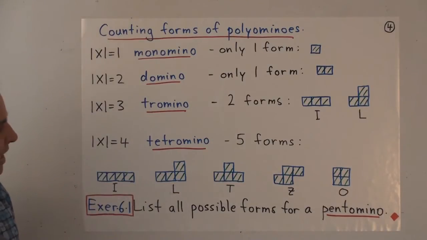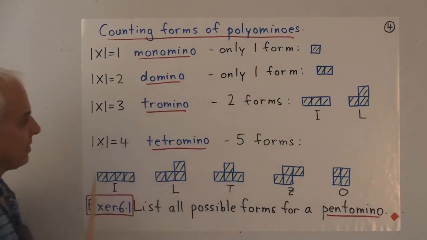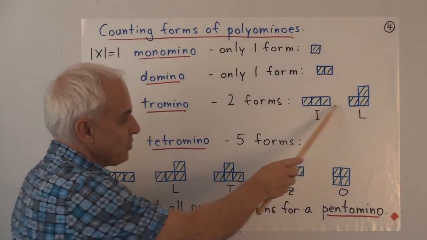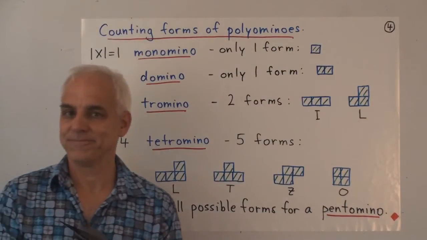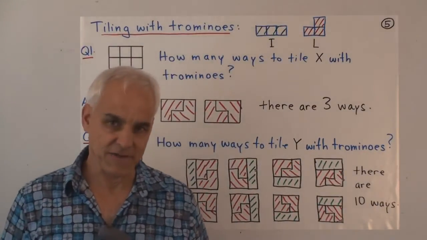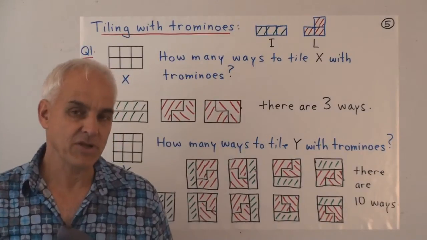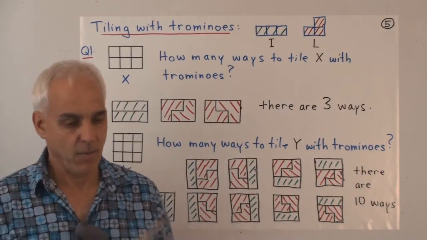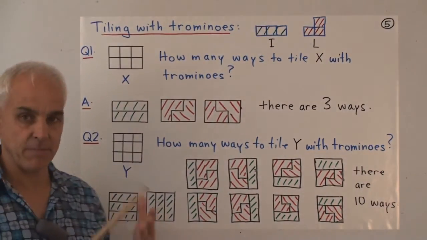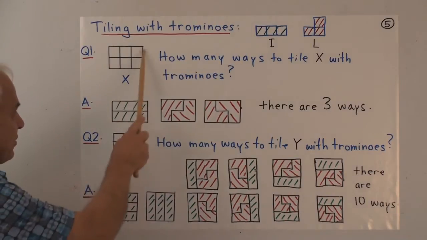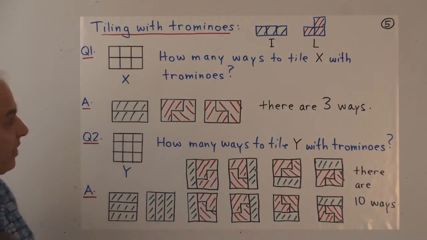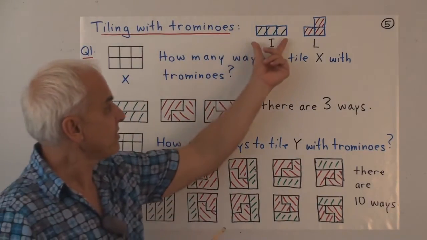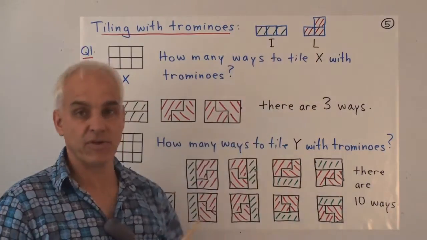Okay, so now let's have a look at perhaps the first sort of interesting case, the case of the trominoes. You have 2 types of trominoes. What can we do with them? It turns out that there are all kinds of interesting and fun questions when we talk about tilings with polyominoes. And what does that mean? Well, it means that we start off with some shape, perhaps this rectangle here, and we ask ourselves, how can we fill this thing up with tiles of the shape that we're considering?